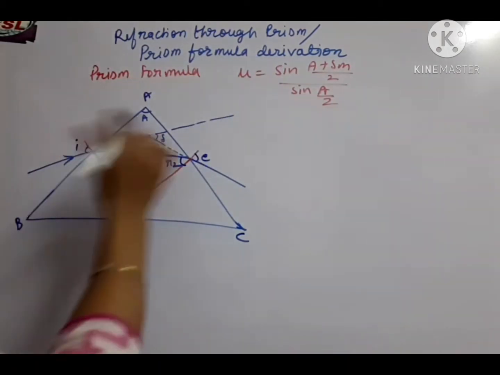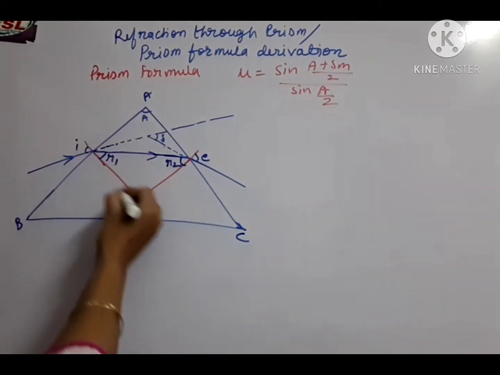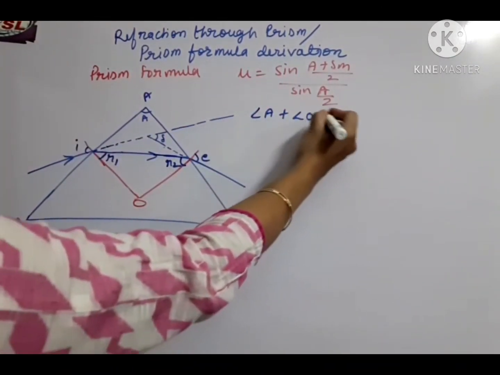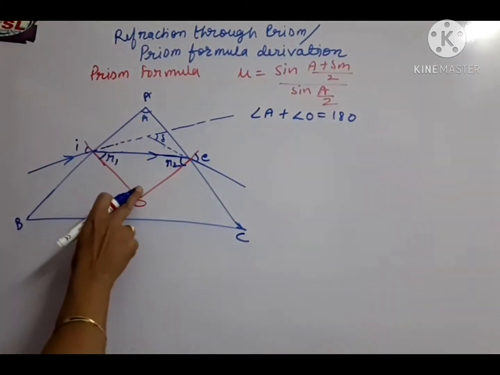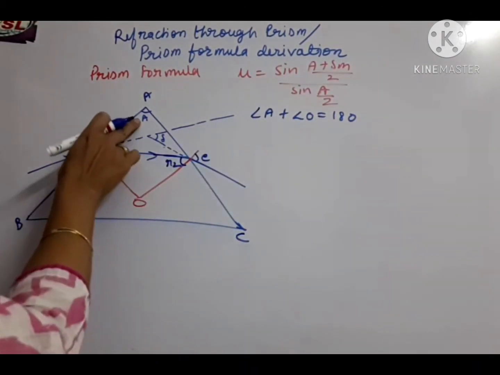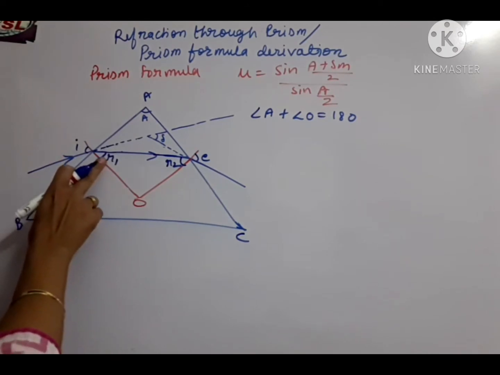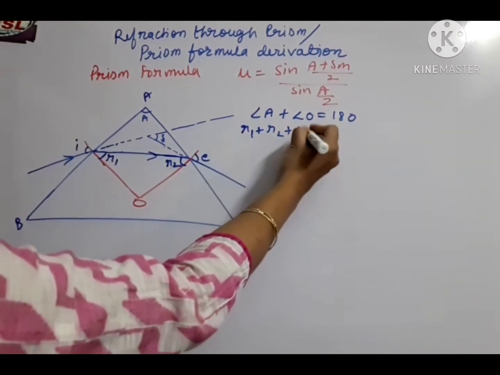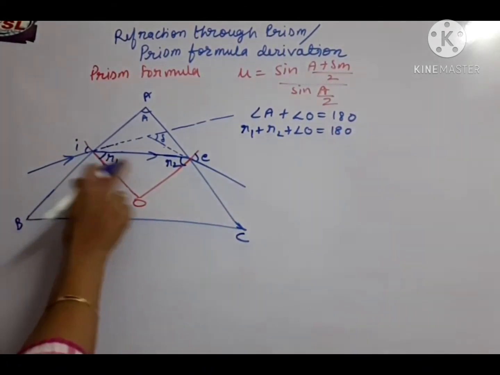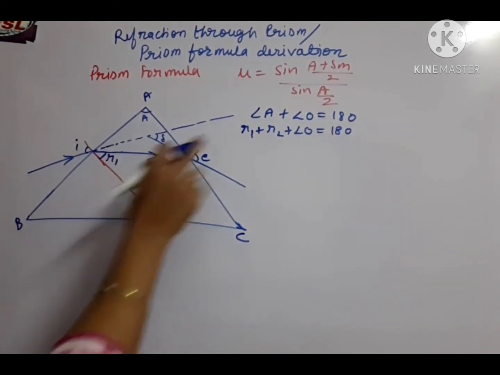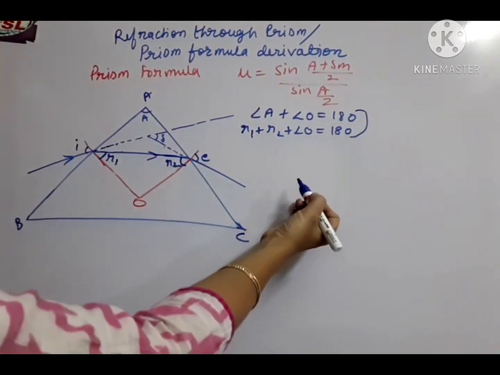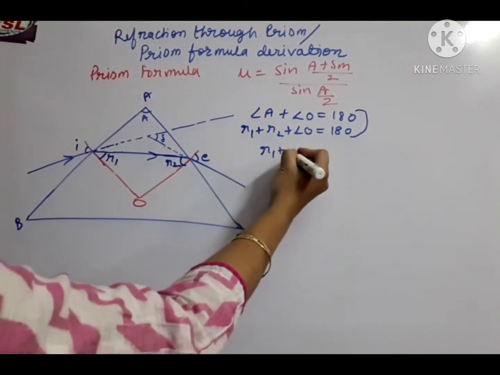First, see this quadrilateral. In this quadrilateral, the sum of opposite angles is 180 degrees. This is the property of a quadrilateral. So the first thing I have written is angle A plus O is 180 degrees. Angle A means the angle of prism. Now the second property we apply is of the triangle, the sum of the angles of a triangle. So R1 plus R2 plus O is also 180 degrees because it is the triangle's angles. Now if we combine these two equations, R1 plus R2 will come equal to A.